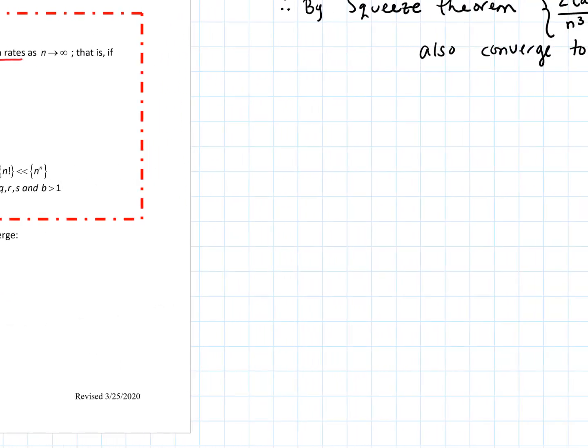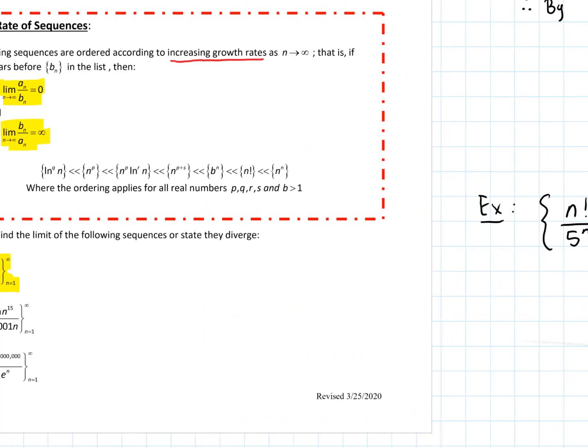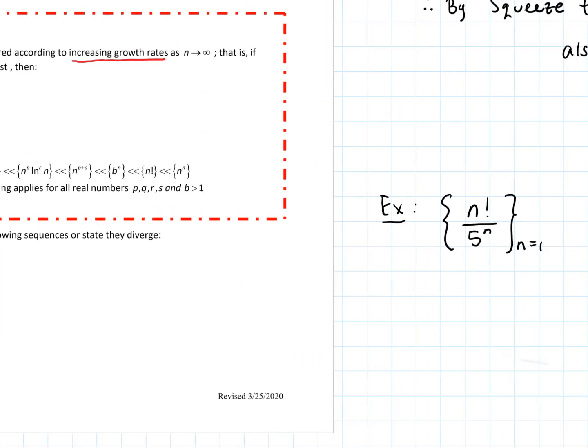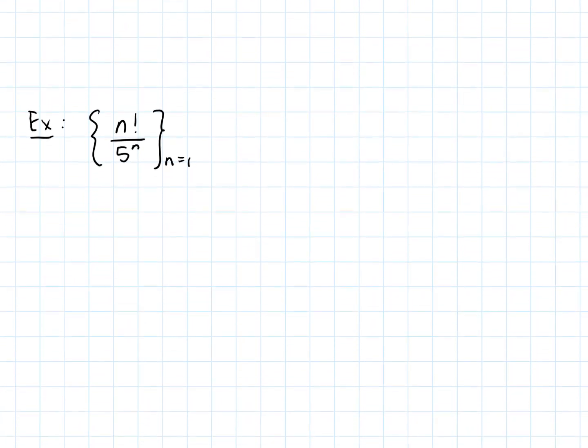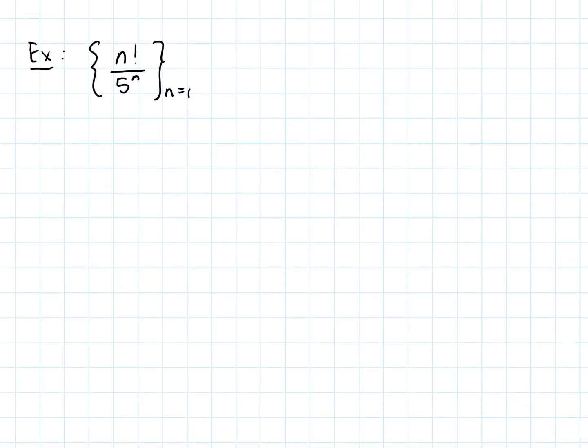So let's come over here and let's take a look at that one. So it was n factorial over 5 to the n, with n equals 1 to infinity. So let's take that from n equals 1 to infinity, and let's go ahead and consider what is happening to